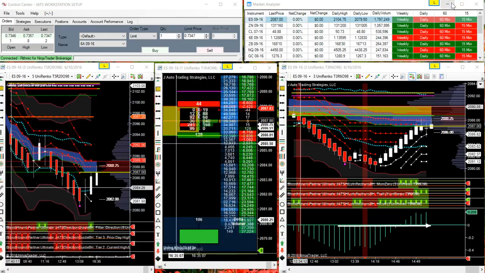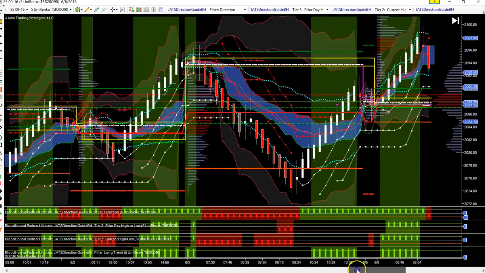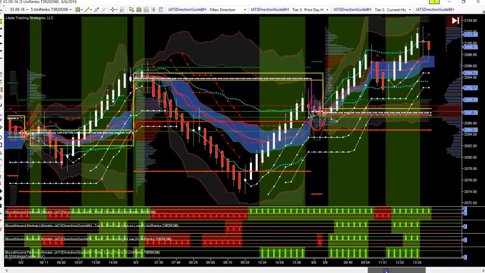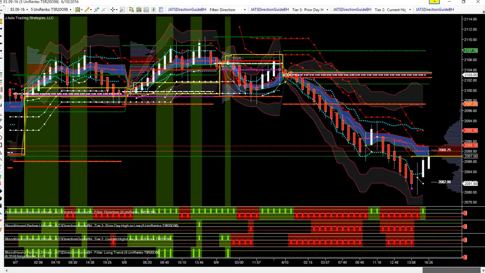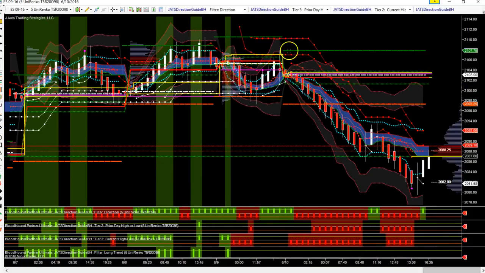Now, let's take a look at the market. The E-mini did not get to a new market high, despite trying to get up there. In fact, it failed and rolled over. So here are my volatility indicators showing the steep